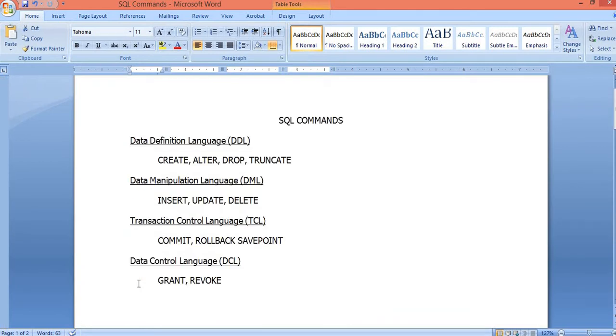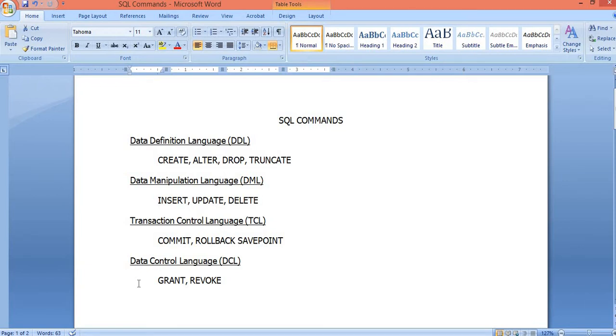Okay. So with this, let us move to the next category of command, that is transaction control language. These commands are meant for transactions. So whenever we have transactions, obviously we will be making use of these commands. So what is a transaction? In our earlier class, we should have discussed about transaction. A transaction is nothing but a set of instructions which logically forms a unit.